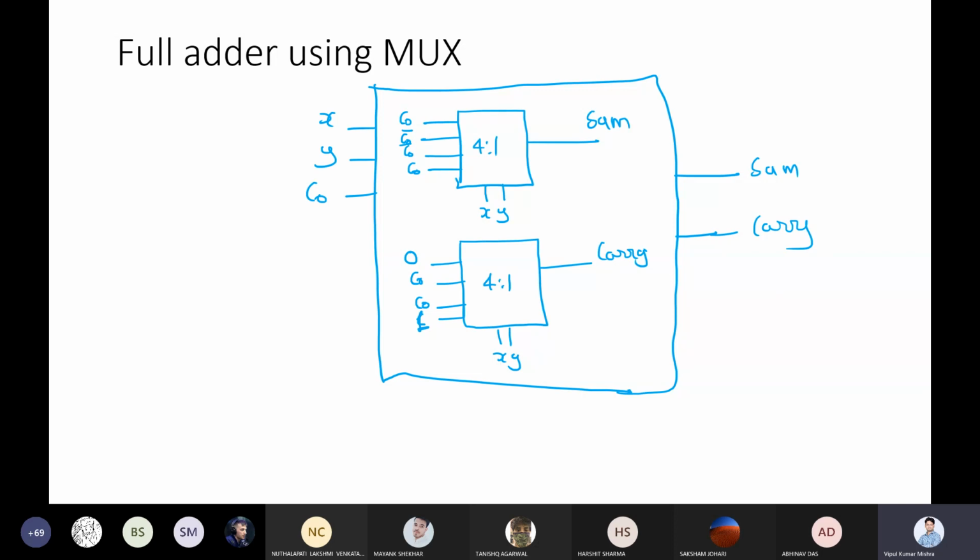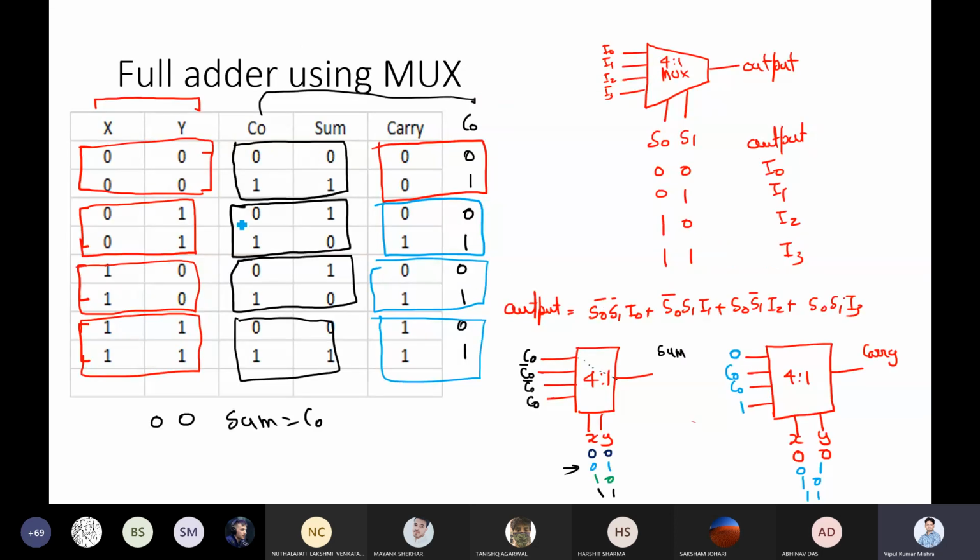So ultimately, if you look at the outer box, if you give this packed IC to a person, they will say, okay, this is just a full adder. That person doesn't know whether it is made of mux or of individual design. Right. So mux is a very common circuit that can be utilized to make any other variety of circuit as well. For example, suppose instead of this full adder, I have another design to make.